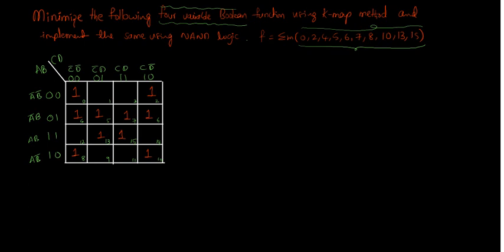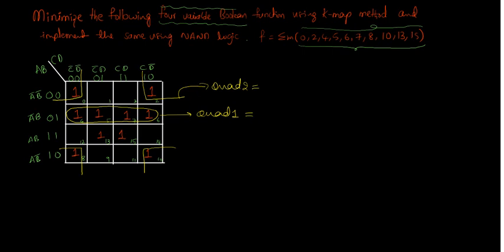So let us use grouping. Now you can start with 4, 5, 6, 7, which will make a quad, quad 1. Next one is cell number 8, 10, 2 and 0. These 4 are adjacent to each other and this will make a quad, that is quad 2.